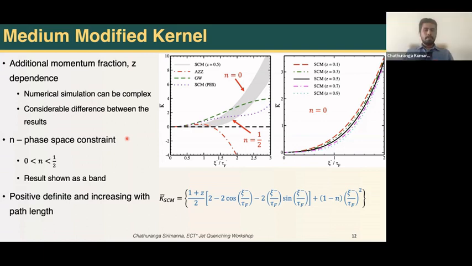Can you tell something about that? So we still don't have a comparison with other approaches like BDMPS or anything, but what we can say is usually this formalism is valid in high virtuality partons. In the low virtuality partons, LBT uses this two-gluon emission distribution. So this is mostly valid in the high virtuality portion. That I can say.